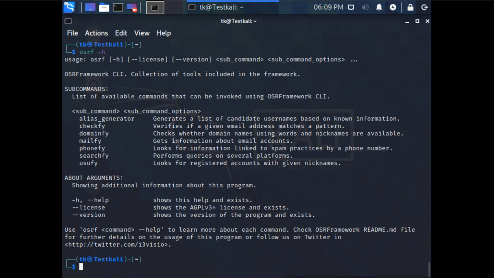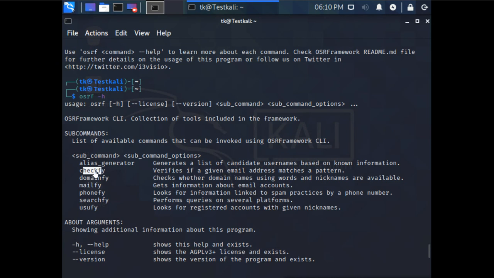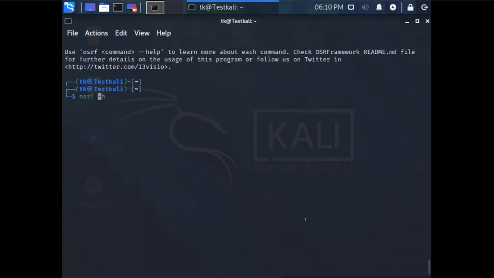So these are the different sub commands here, which is to generate the alias, check the email visit, check the domain, check whether domain names using words and nicknames are available. Then Mailify gets the information about the email account. Phonify looks for the information linked to spam practices by a phone number. Searchify performs the query on several platforms. So we can use these, like for example, I will do it for